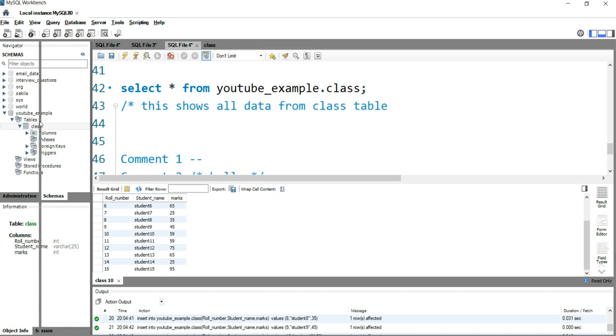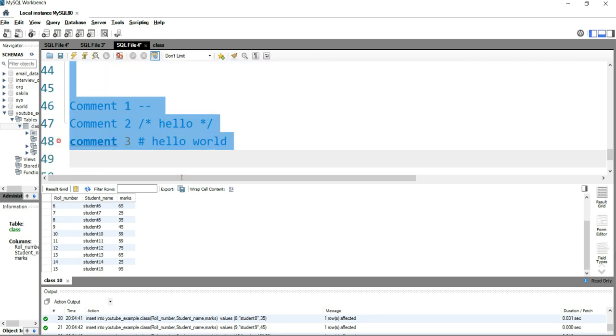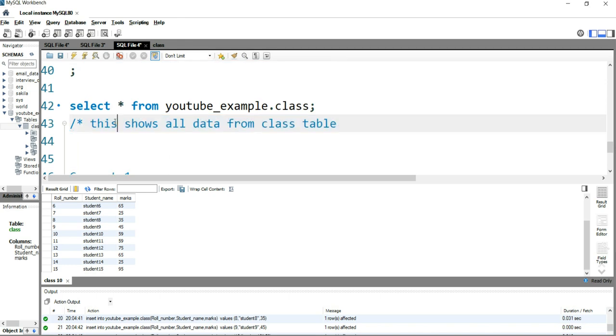Okay, so what SQL will think is that after this particular line everything is comment, but that might not be the scenario with you, right? You might want to put the comment and then write the statement here. When you put a comment, it will be highlighted in this blue color, right?